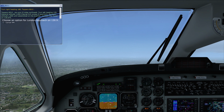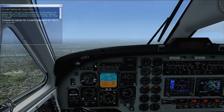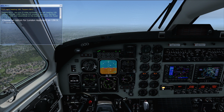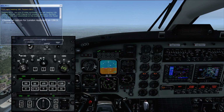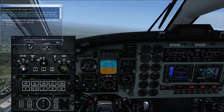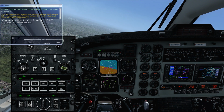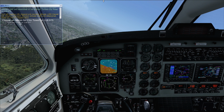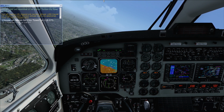Tower 0012, you are 15 miles northwest, turn left, heading 120, descend altitude 1000, cleared ILS, runway 9, approach, maintain altitude 1000 until established on the localizer. Contact City Tower on 118.075. There we go. So we need to acknowledge. Turn left, heading 120, descend and maintain altitude 1000, cleared ILS, runway 9, approach, maintain altitude 1000 until established. Tower on